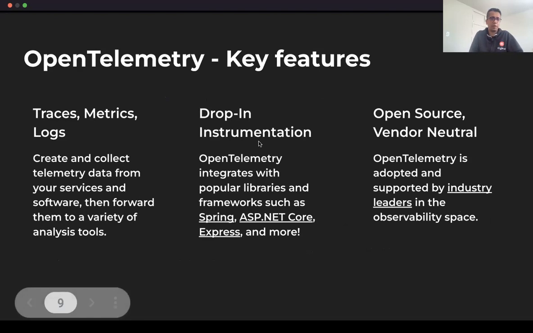So some of the key features of OpenTelemetry are that it has all the three key pillars of observability we talked about. It has traces, it has metrics, it has logs. So you can create this telemetry data and also collect it from your services. So for example, if you're running a web server, you can instrument your web server to send traces, metrics, and logs, and then